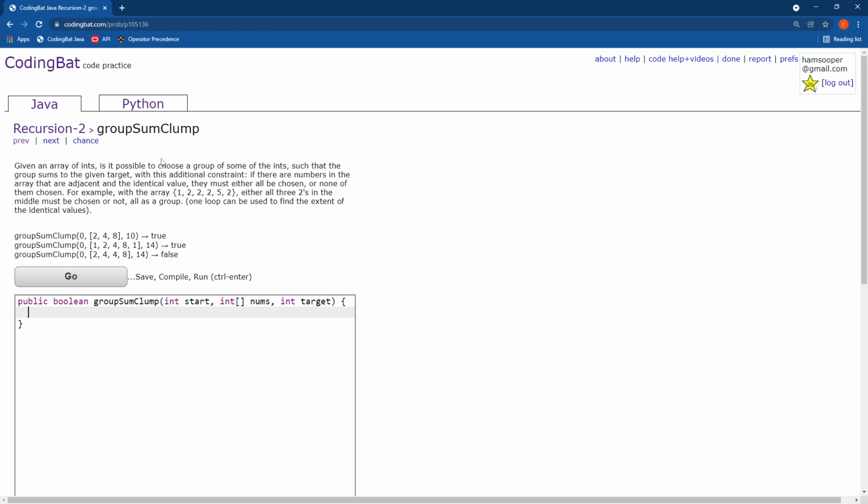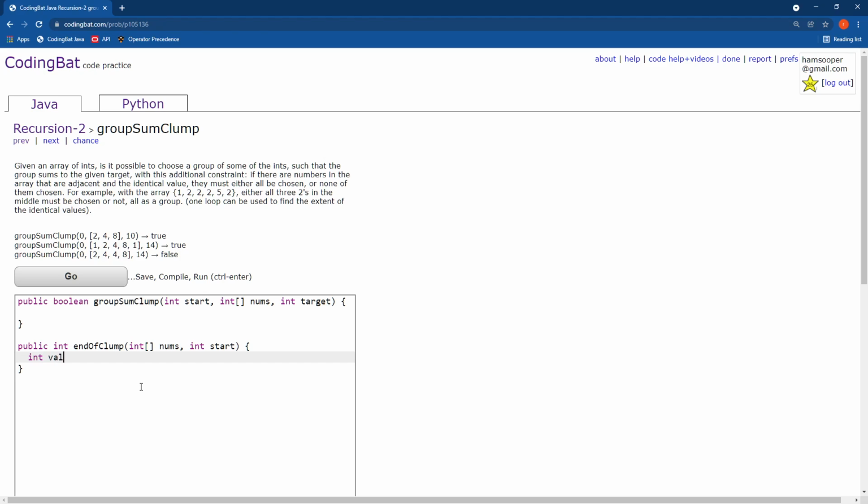Okay, so let's go ahead and do this. I'm going to put in a helper method, because helper methods are totally allowed, and I'm going to use my one loop in this helper method. So it's going to be endOfClump, and it's going to take the array and the start index of the clump. I really wish they put the array first, because they do that on all the other problems. But anyway,